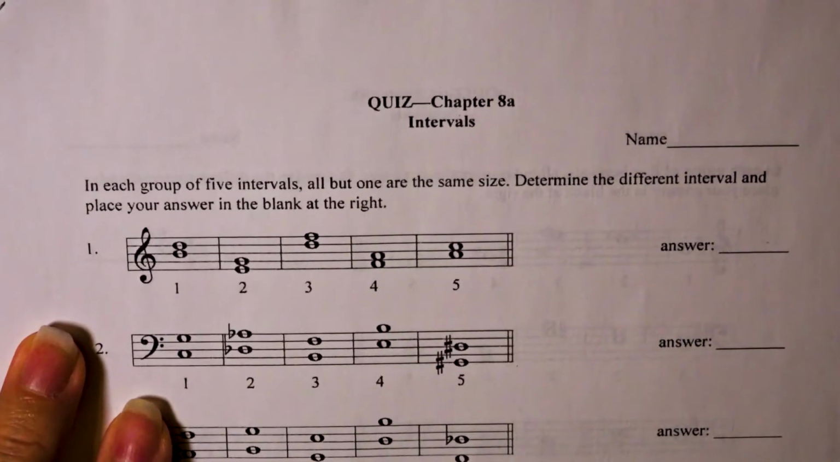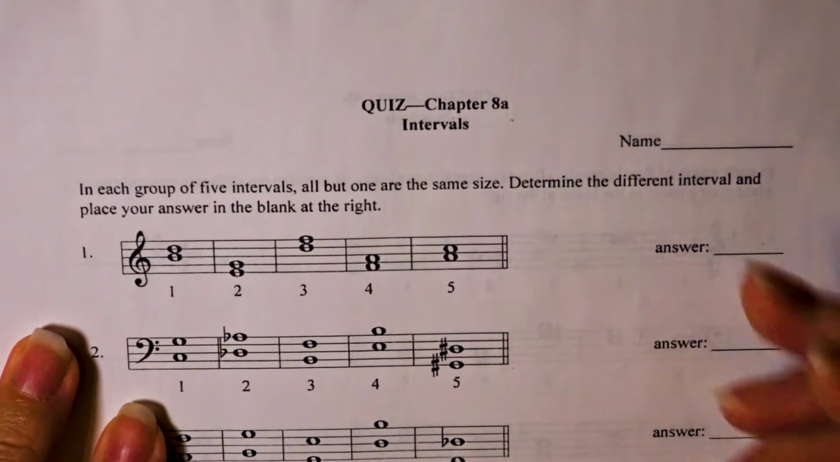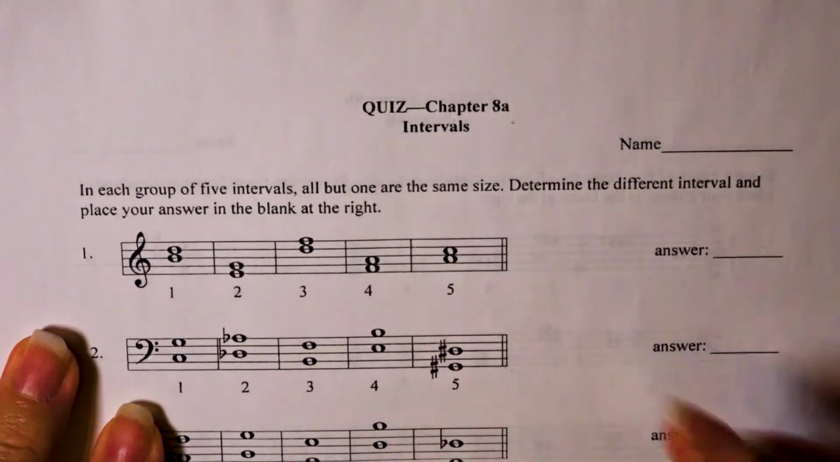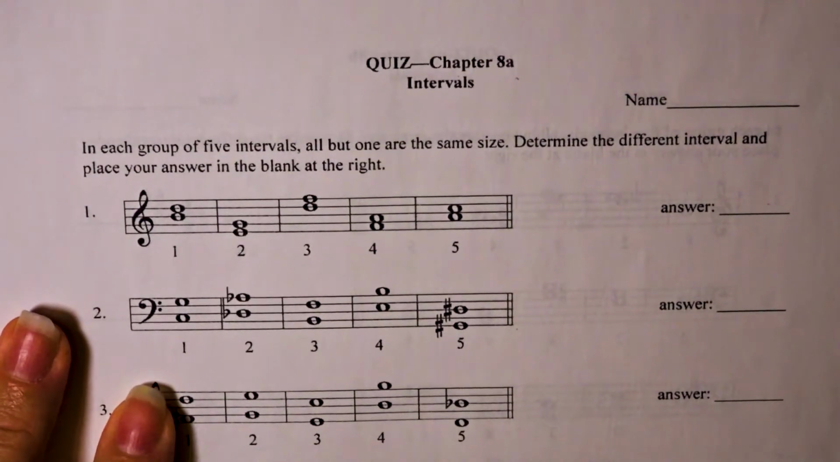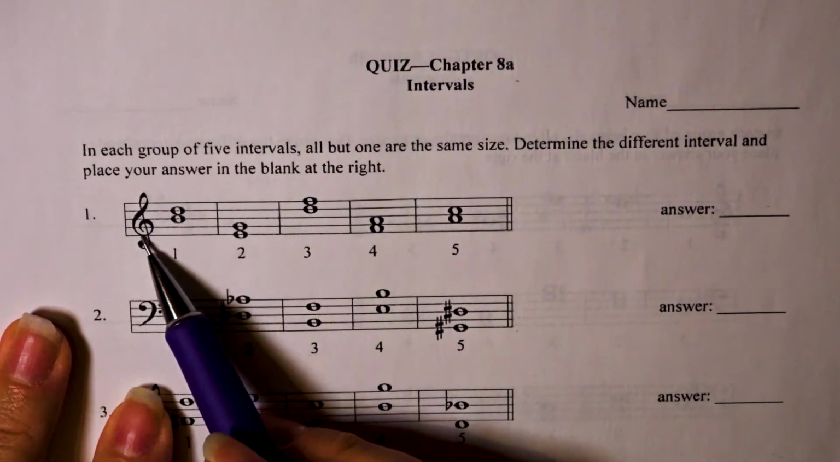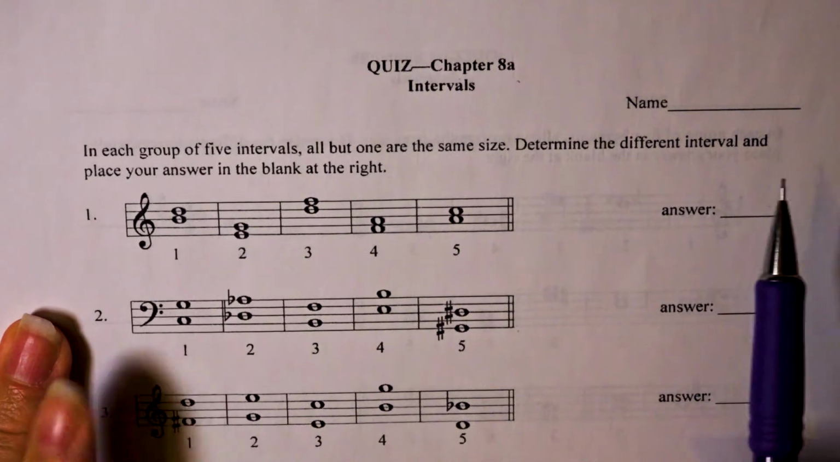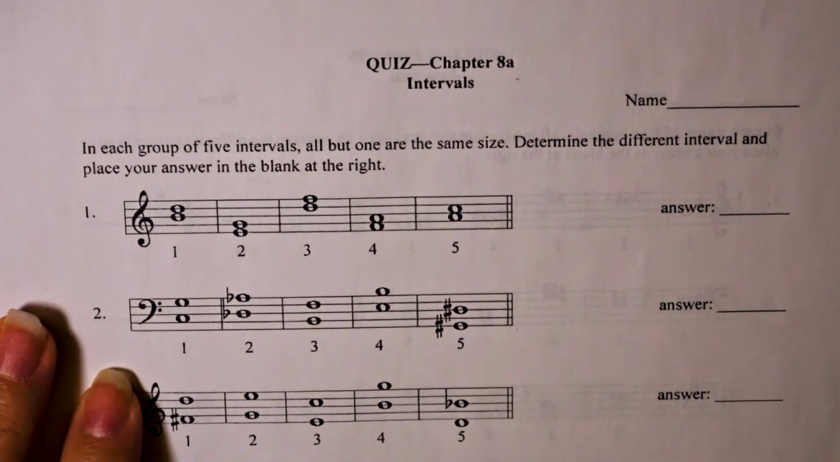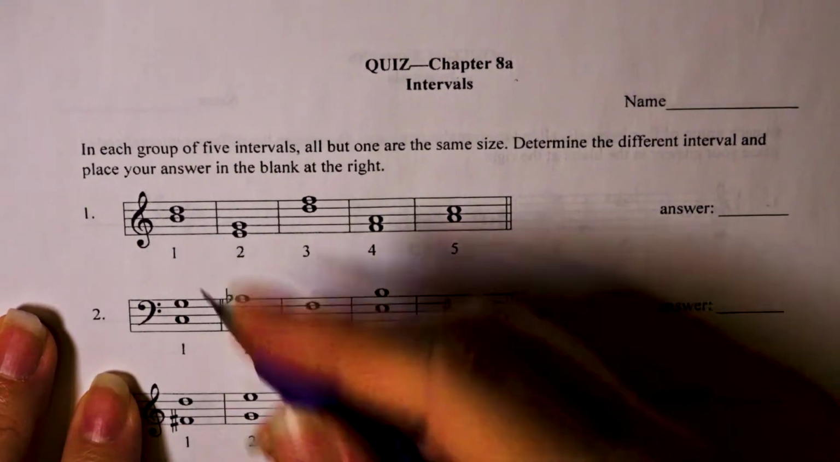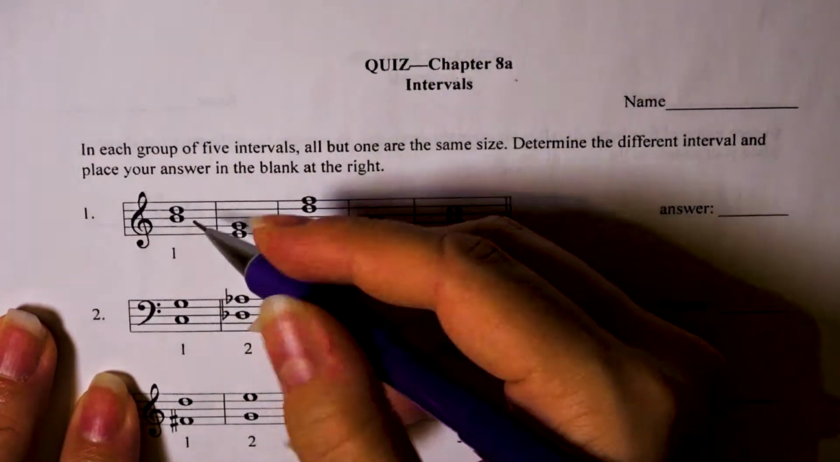All right, we're going to do chapter 8a, the quiz homework. Okay, so you have to figure out, all these intervals are the same except one. You have to figure out which one is not the same. All right, so